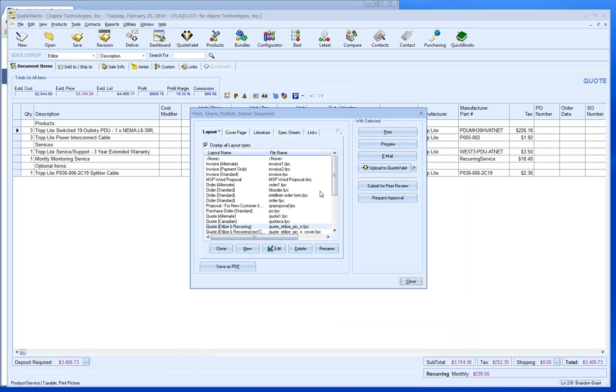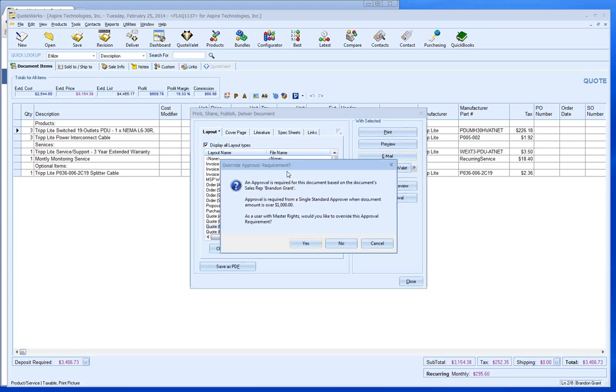So it looks good, so I'm ready to send this to my customer. So if you're not using QuoteValet, then from that preview window, you can actually click on the email icon up at the top, or if you get back to the print, share, publish, deliver window, you can actually click on email from here. Now, in QuoteWerks, we do have the ability to set up document approval. So if you go to email the document, or if you're using QuoteValet and try to upload it to QuoteValet, it'll prompt you to